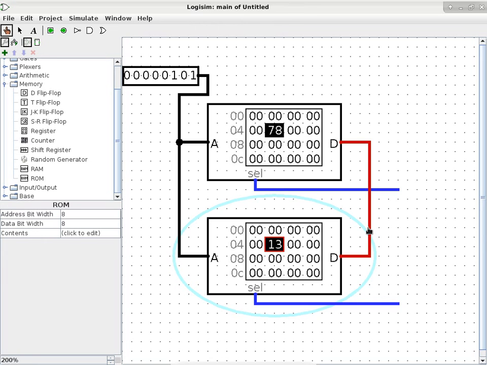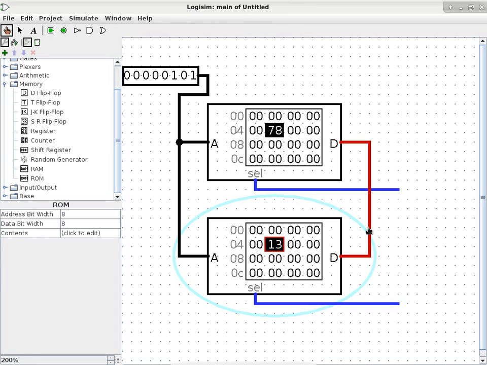So what actually happens in reality, in physics, when we have a bus fight? This is a question for those of you who have taken a physics class in electricity. You have one chip trying to drive it high, let's say 1.8 volts is high. The other chip wants to drive it low, which is 0 volts. This is coming from one chip, this is coming from another chip, and there's a wire connecting these two. What's going to happen?